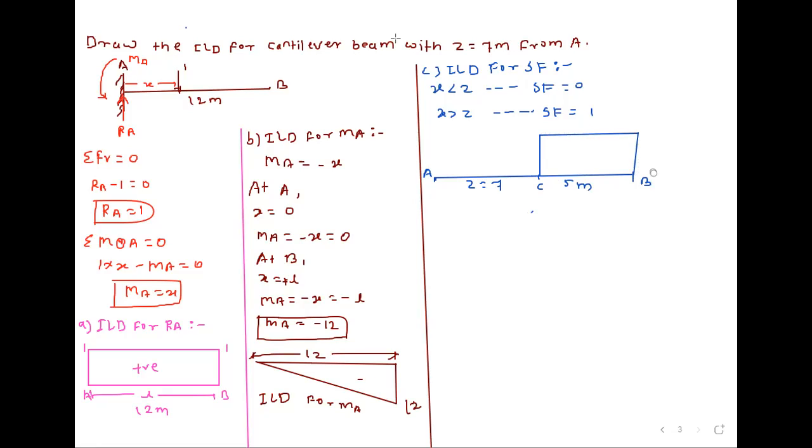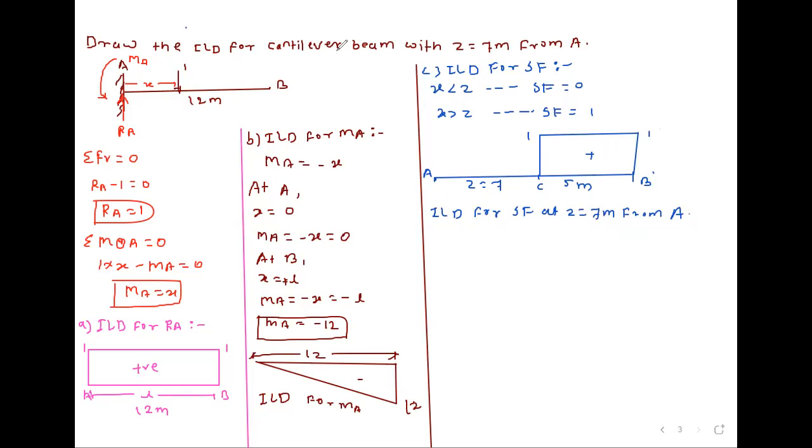Okay, so this is the influence line diagram for shear force. This value is 1 and this is positive. So this is the ILD for shear force at Z, which is equal to 7 meter from A. And then the last point remaining is the ILD for